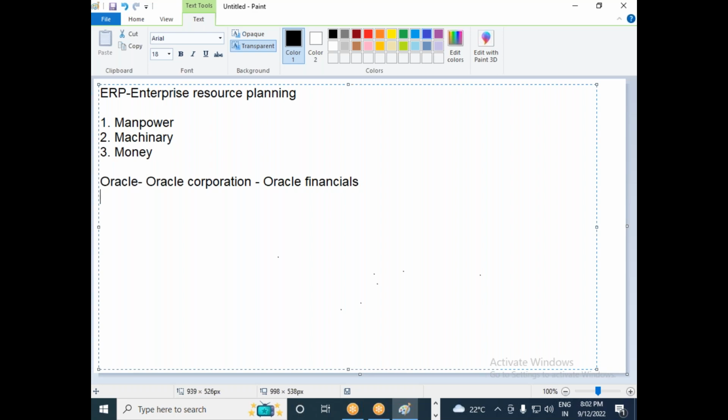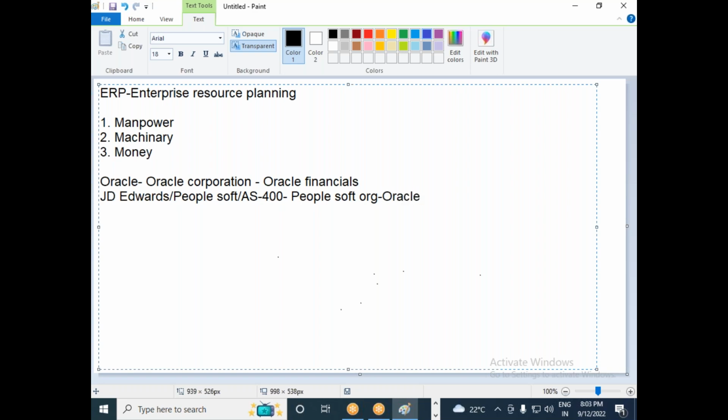Then there is one more software known as JD Edwards. This will also be called PeopleSoft, and this will also be called AS400. PeopleSoft or AS400 was initially developed and owned by the PeopleSoft organization. There is one company known as PeopleSoft. Later, JD Edwards was acquired by Oracle Corporation. So now it is under Oracle.